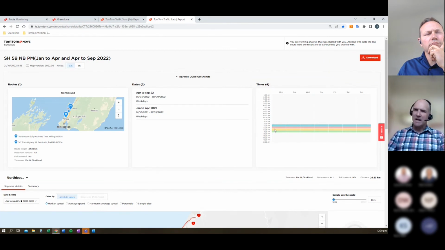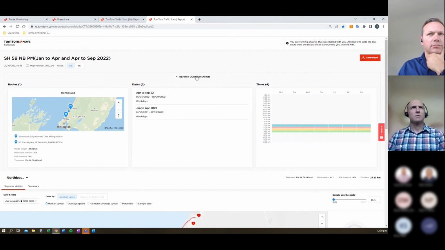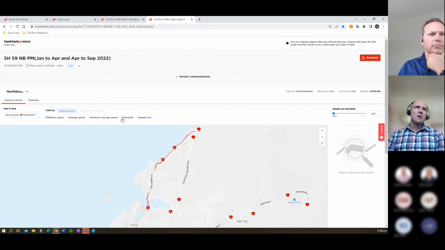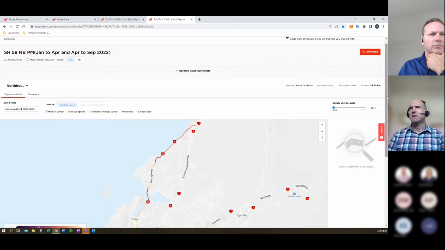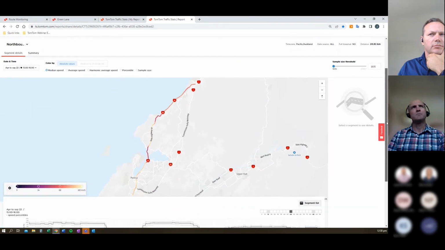We're just going to look at the hour periods. If we wanted to, we could break that down further and in the report have a look at traffic information per 15-minute interval. In this case, we'll just stick to an hour. Once the report is in place, and this is what we're looking at now, the shareable component of the report,